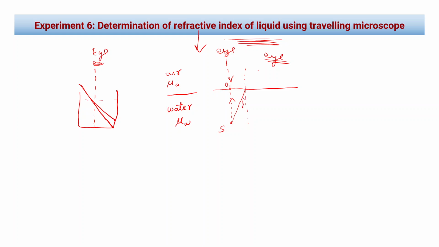Right? And because this is a rarer medium, the light will bend away, and this will be the angle of refraction. This will also be the angle of incidence, right? This was O, let's call this O. So what's happening here is, the light ray from this point is going in all directions. If you see from here, it's going in this direction, coming back in this direction, so everything seems fine. But when we are seeing from this side, then the ray of light that is coming in this direction,